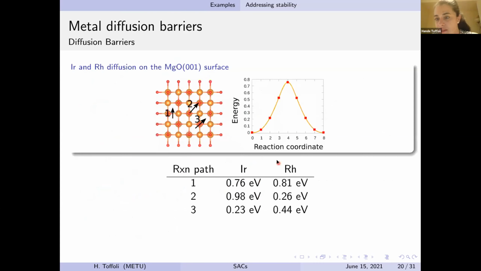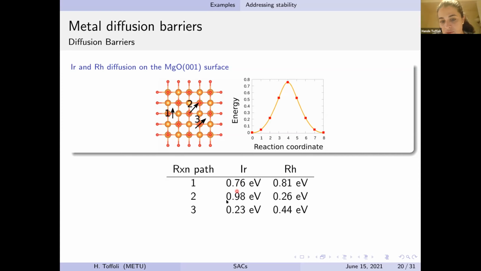Next, we consider the same problem, but with magnesium oxide surface. This is a very regular, close-packed kind of surface. And of course, it's very symmetric, so it doesn't afford that many different paths of diffusion for the atoms. So we looked at over the bond, oxygen to oxygen, and hollow side to hollow side diffusion over the oxygen. And as you can see, this is our reaction coordinate along the reaction path. And the maximum energy here corresponds to our activation barrier.